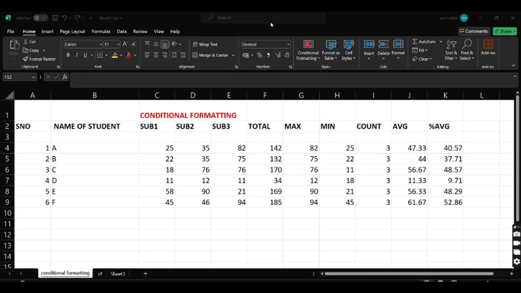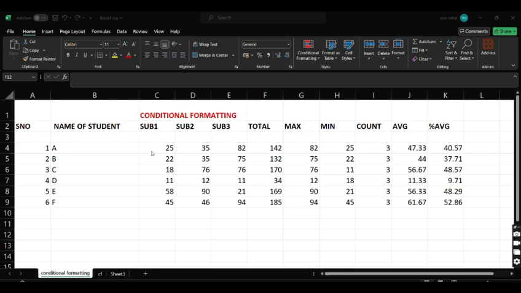Conditional formatting is a very powerful tool that will help us to identify key trends, important data points, and outliers in our spreadsheet. Within this tutorial, we are going to learn examples using different techniques on how conditional formatting could be used in enhancing our data visualization.